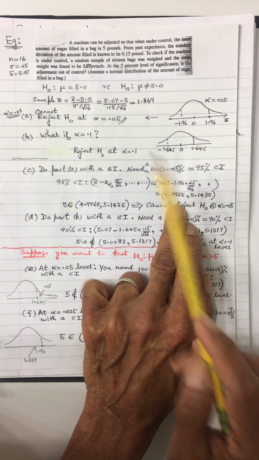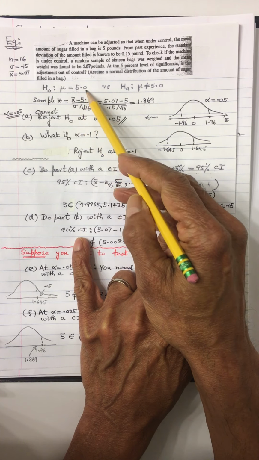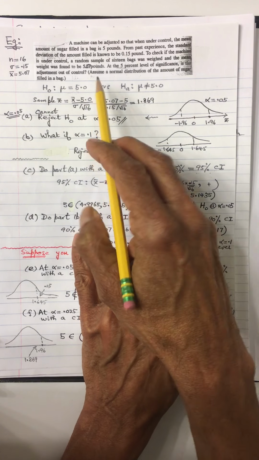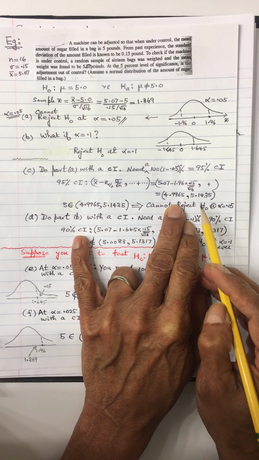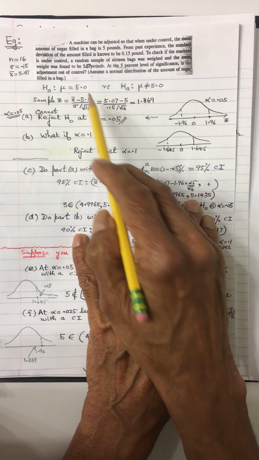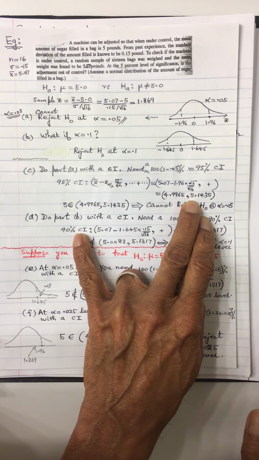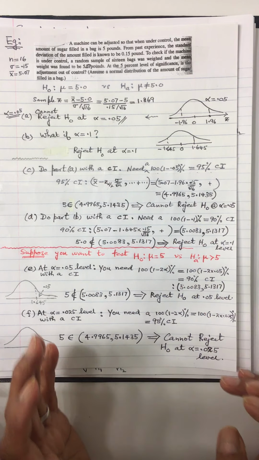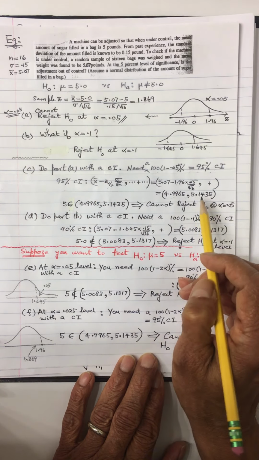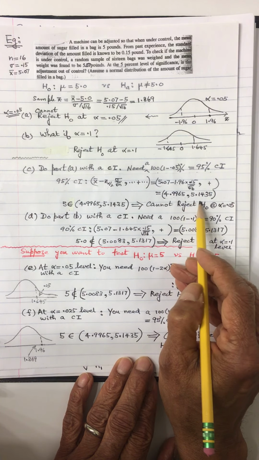You see that? So now suppose you want to test, instead of testing 5, say you want to test 5.5. So you don't need to recalculate this thing. All you have to do is check whether 5.5 is in this interval. So 5.5 is not in this interval. So you reject and accept the alternative. Okay? So in other words, you don't have to recalculate again and again. Once you have one interval, you can answer for many things. Okay? So now, say for example, you want to check 5.1. So here that is in.